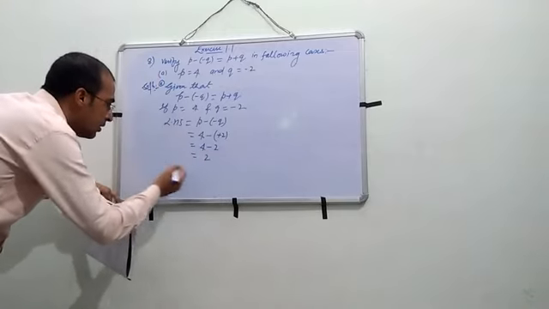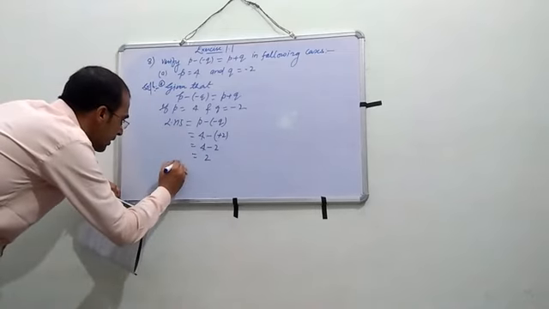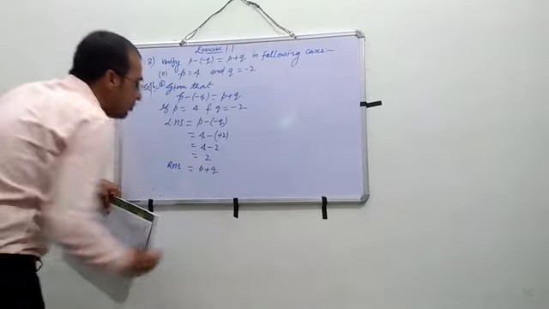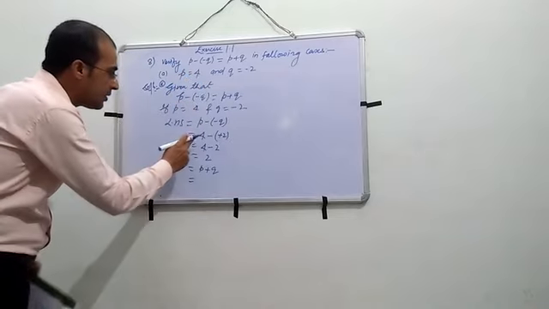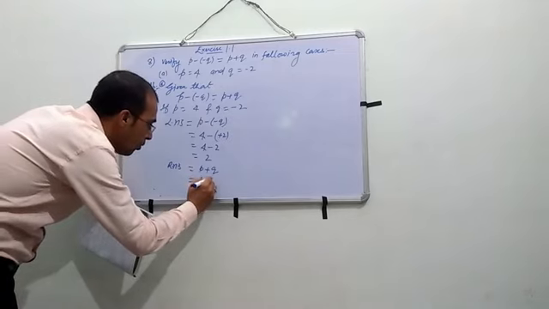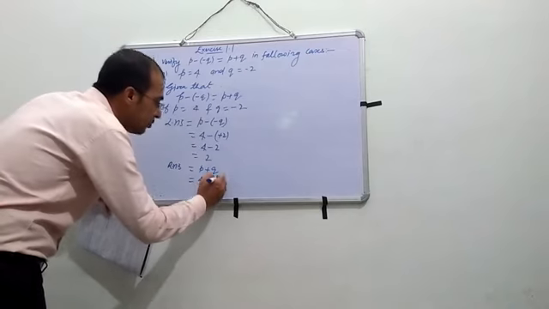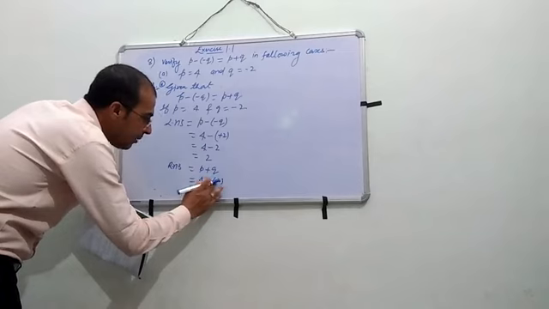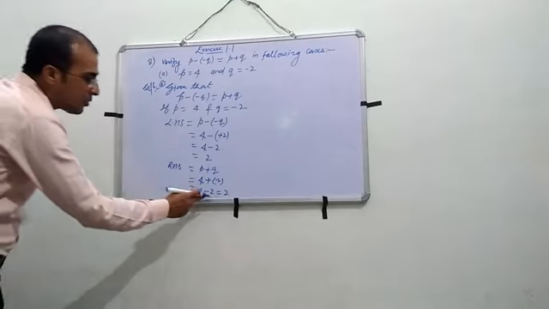This is LHS. The value of LHS equal to 2. Now what is the RHS? RHS will be equal to p plus q. What is the value of p? P equal to 4, it is given, you can see here. And q equal to minus 2. So 4 plus, and the value of q is minus 2, then minus 2. Its value will be 4 minus 2, this multiplication gives minus, then 2. 4 minus 2 equal to 2.